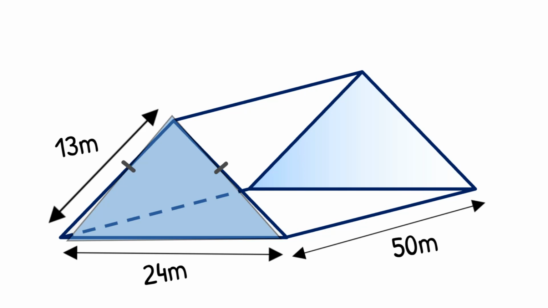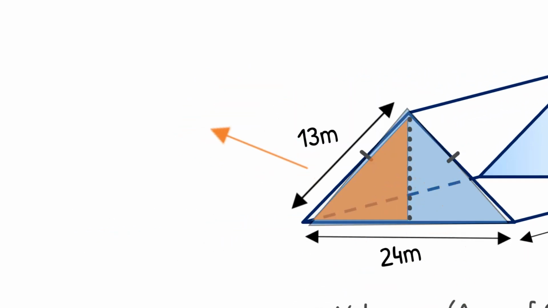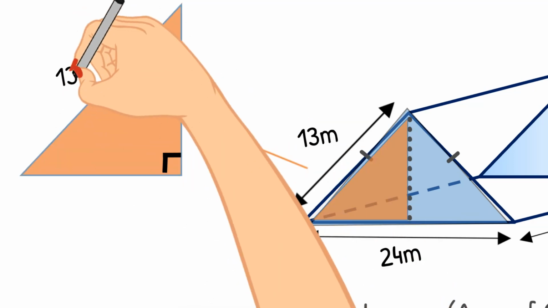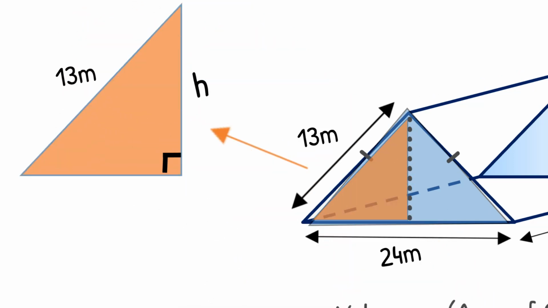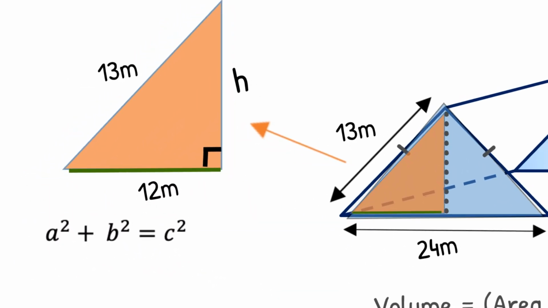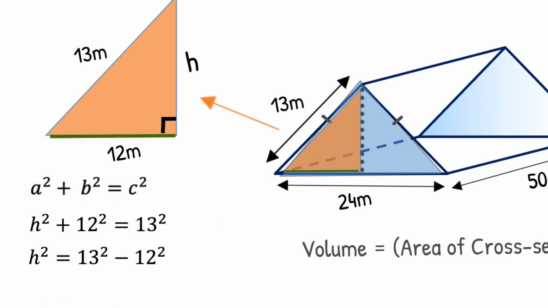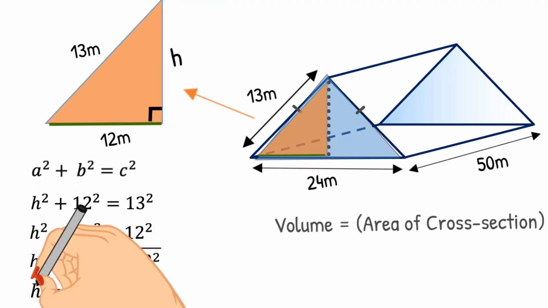Let's draw the height on there. And if we take half of that cross-section now, I'm going to draw it over here, we have a right angle triangle, hypotenuse 13, height we don't know, and the base is half of the base of our cross-section. Well, how do we find an unknown in a right angle triangle? Pythagoras' theorem. So substitute in your values, minus 12 squared from both sides, and then square root, and you find